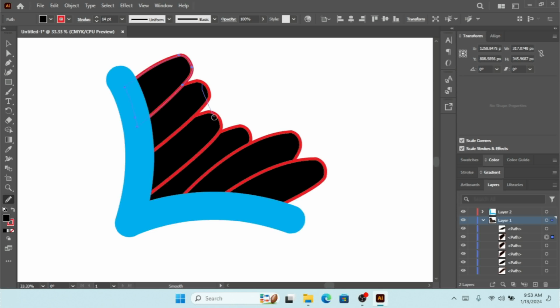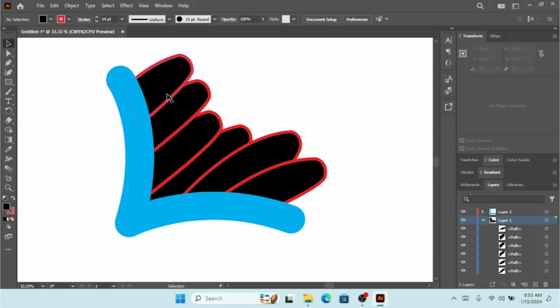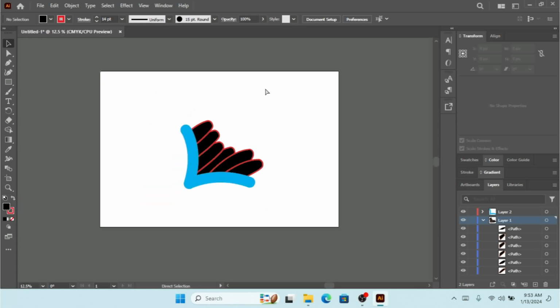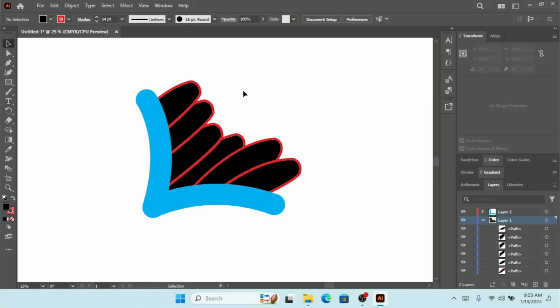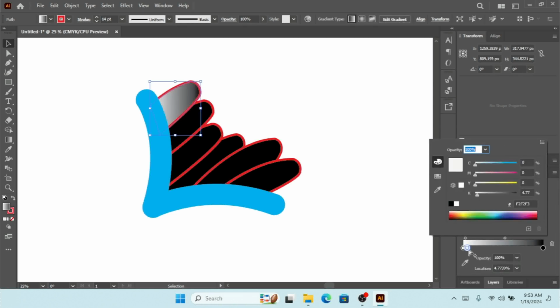So we could smooth this line, but we're not going to do that, because I think this looks good. I think we don't need to change it. The only thing that we are going to change is that we're going to select this, click on gradient. So we are going to select the color. Let me select something like this color,